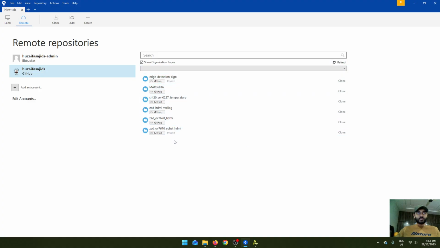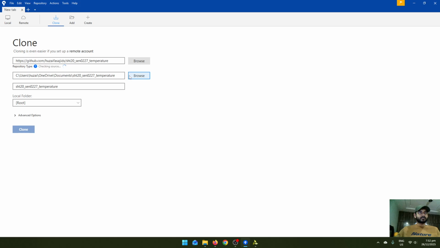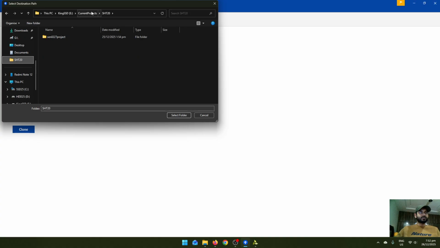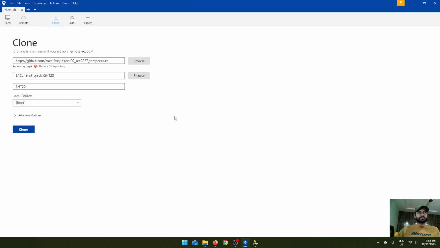Okay, and now you can see we have this repository right here, the one that we created. I want to clone this, and I want to select the location where I want to clone this. Okay, so I'm going to choose the same location that my other project is in. Okay, select folder,